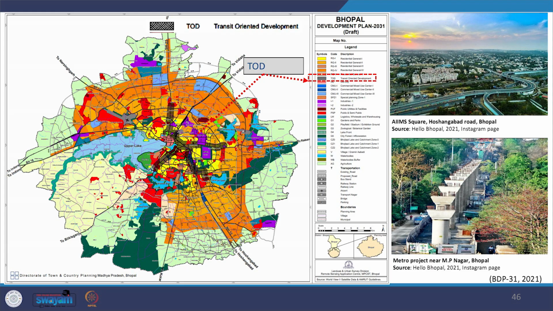We learned about TOD in our class as an encouraged trend in planning for efficiency and for environmental and economic concern. We see here how TOD is translated into the land use zone. In the map, you can see transit-oriented development TOD shown in brown grid along the prime movement corridors. Transit-oriented development zone is delineated as an overlay along the phase 1 of the metro in this particular city.